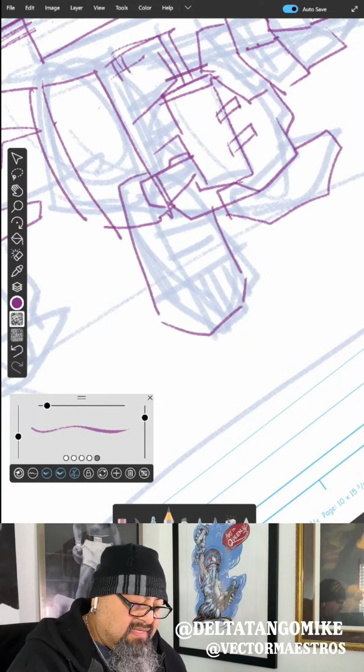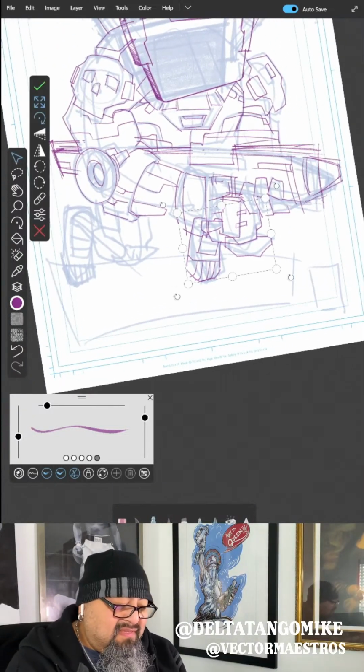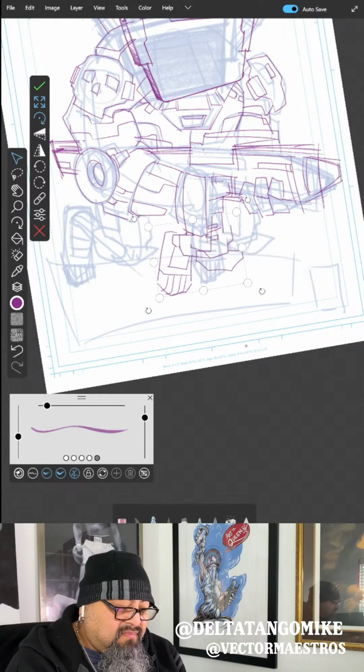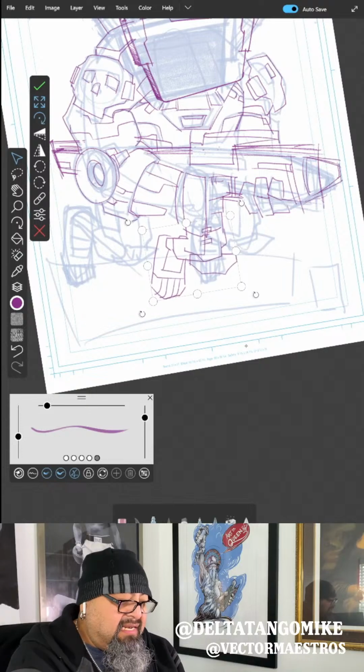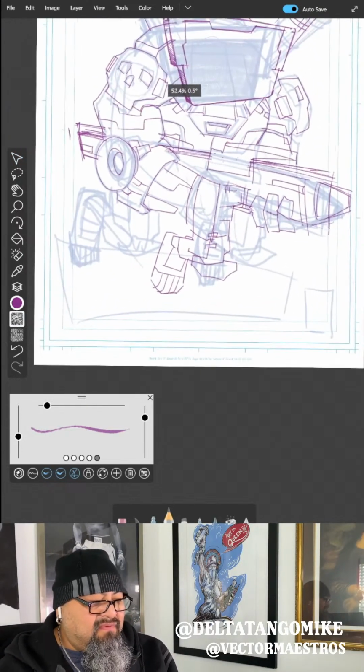And see, I can fix the angle now. Boom. Yeah, so now let me move this leg over. As he should be leaning forward. I want him leaning forward, like really leaning forward. There we go. I don't know if I like that spot for it.